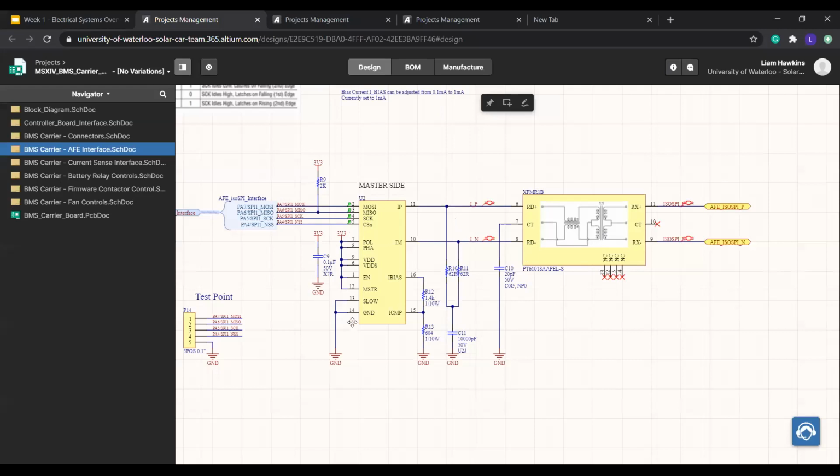So if you have current moving the same direction on each of these lines, and there's only one resistor, then there will be no current that flows through the resistor, because there's